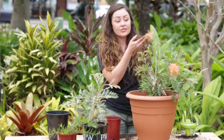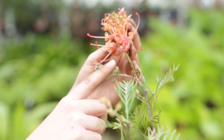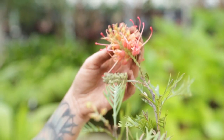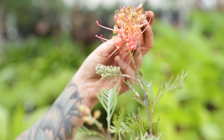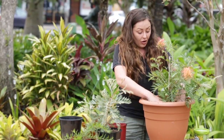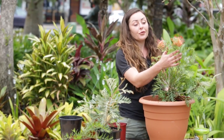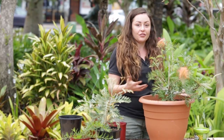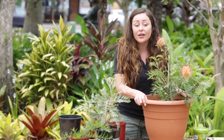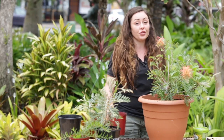Once the flower has died off, prune it. You will get new growth from where you have pruned the old flower. It's a great idea as well after the plant has finished flowering, just to give it another little feed. Obviously, it's used a lot of energy to try and produce these beautiful blooms, so it's important to replenish that energy, especially when it's in a pot and doesn't have unlimited resources as it would if it was planted in